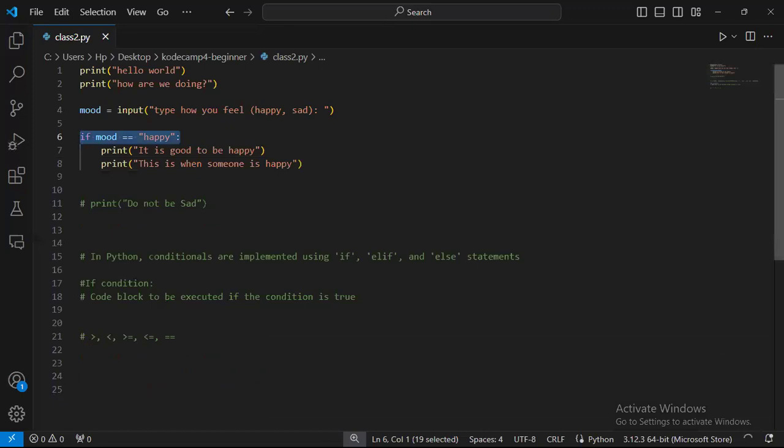All right, now let's handle another part, the part where the condition is no longer true. What if you intended to do something else when someone is sad? Yes, you can still copy this again and paste it down there and change it to sad, and it will work, of course. But then you will violate the whole concept of condition, because the whole concept of condition is to execute a certain block of code once in every condition, meaning that